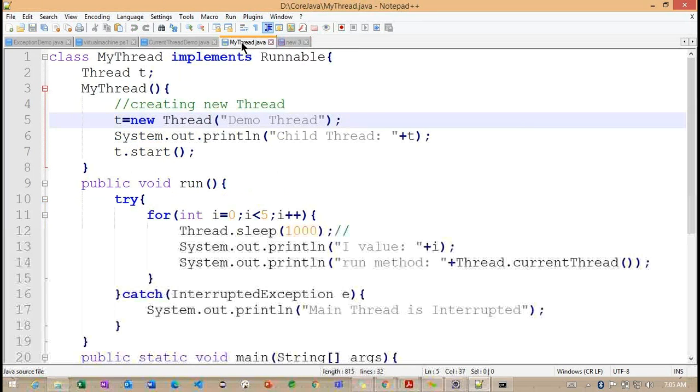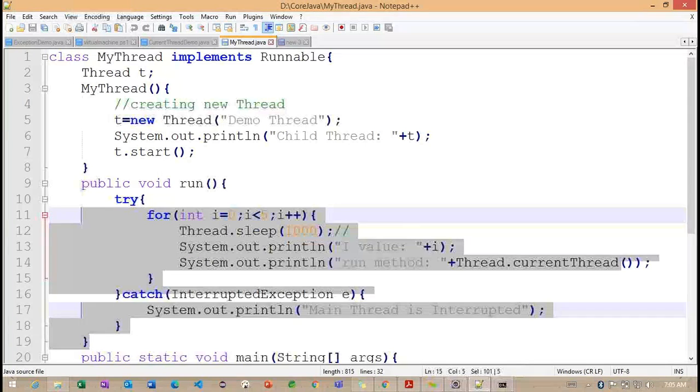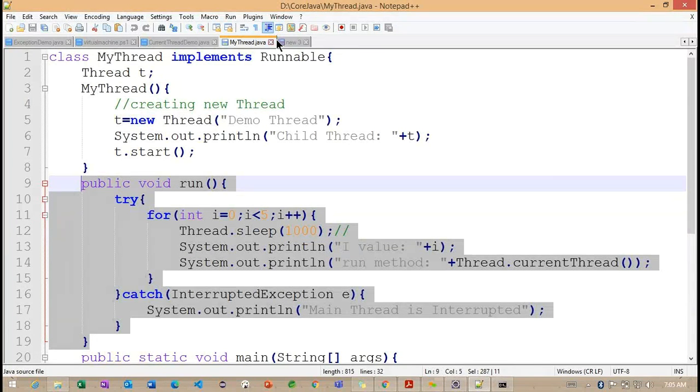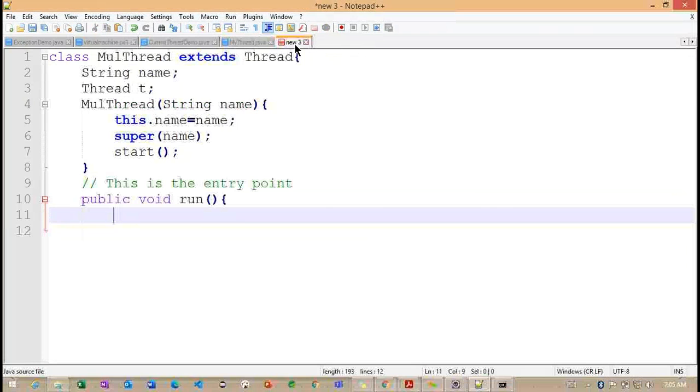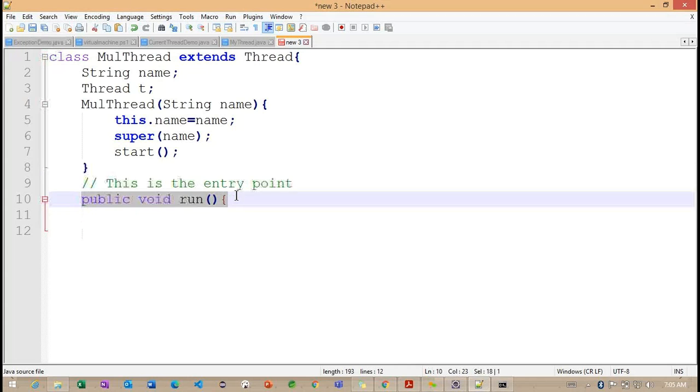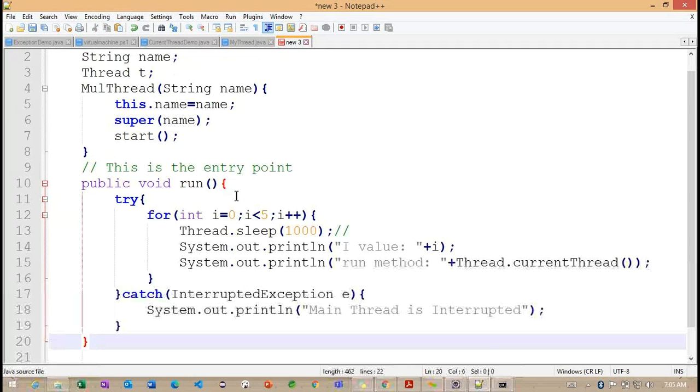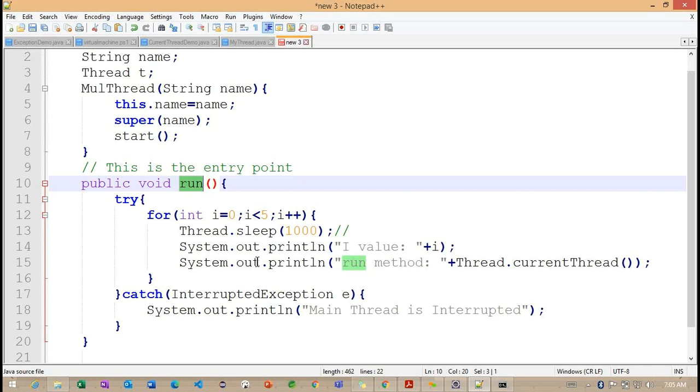Let's copy what we used previously. This is our run method code. Now I implemented the run method.